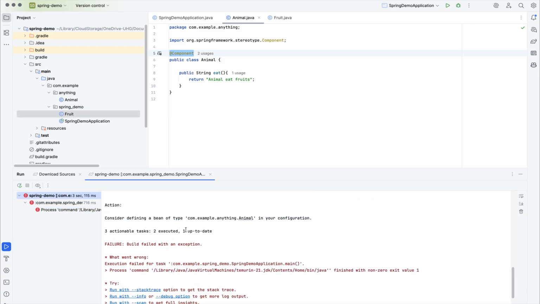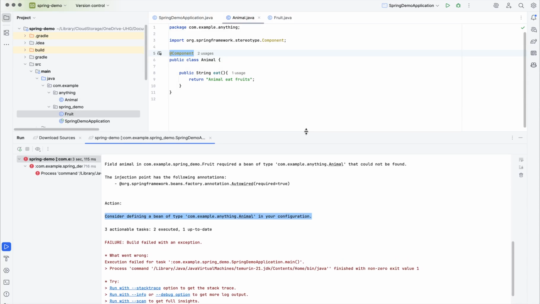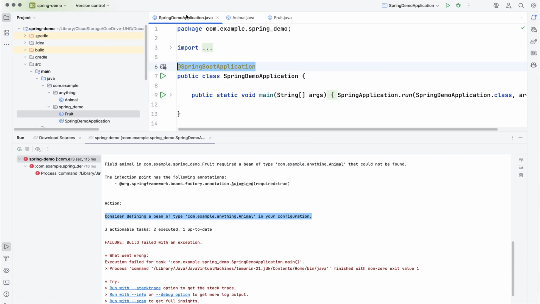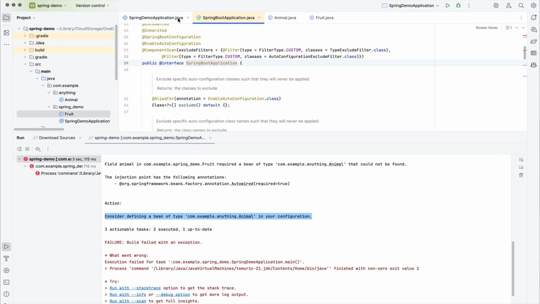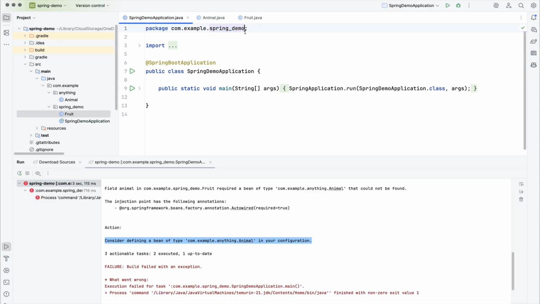Okay, so some error came actually. So let's see this particular error. What it is saying is, consider defining a bean of type animal in your configuration. So this is what I was talking about: the @ComponentScan annotation, which is present inside the @SpringBootApplication annotation, will see the classes which are present in this particular package only. And if the class is outside this package, for example our animal, it will not be able to provide